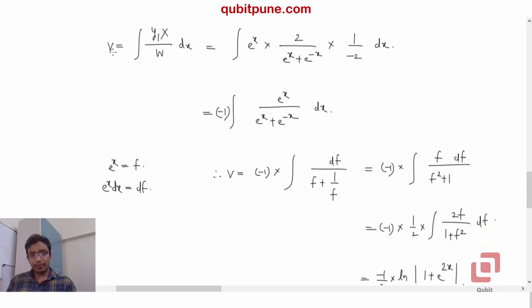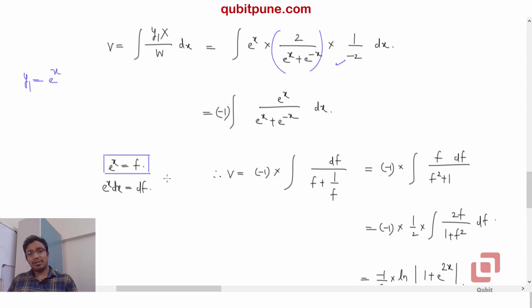Same thing with v. There is a standard formula for v as well, similar to u. V is equal to the integral of y1 multiplied by X divided by W. W is negative 2, we know that. X is sech of x. I have used the exponential representation of X, very much like we did in finding u. And y1 is now e to the power x, the first function that we got while solving the homogeneous differential equation. Okay, now just like before, I'm skipping the integration part. I hope you will get to know how I've done it. I've used the substitution e to the power x equal to t.